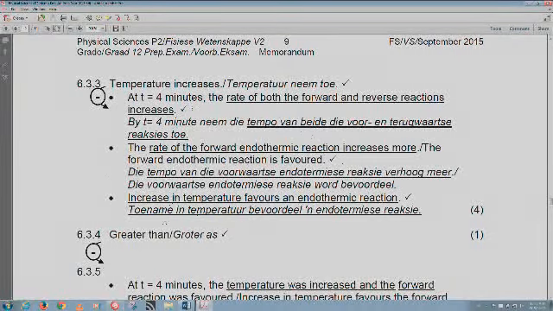Any of these 3, when the learner writes any of the 3, the learner will get the mark. So each bullet has its own mark. But please, colleagues, make sure that the learner first answers temperature increases. If this is not there, or if that is incorrect, then it's 0 out of 4. And then question 6.3.4,